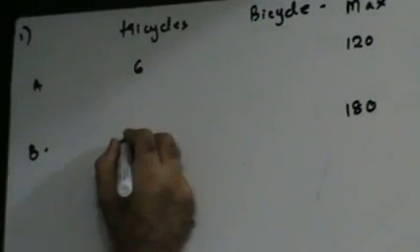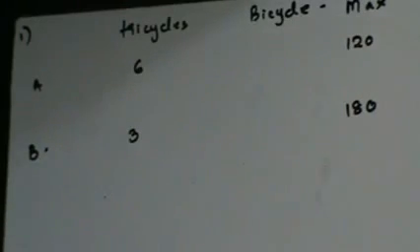Continue please. Manufacturing a tricycle requires 6 hours on machine A and 3 hours on machine B, right? And manufacturing a bicycle requires